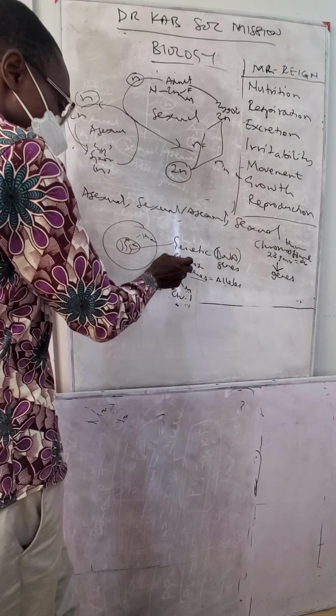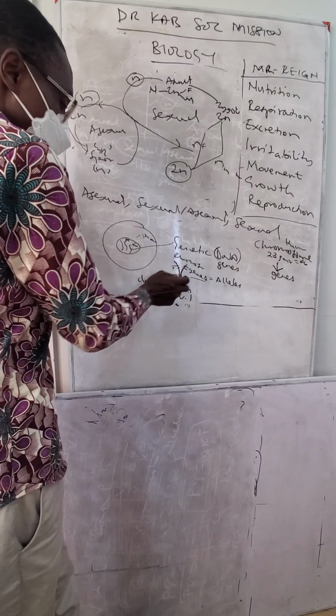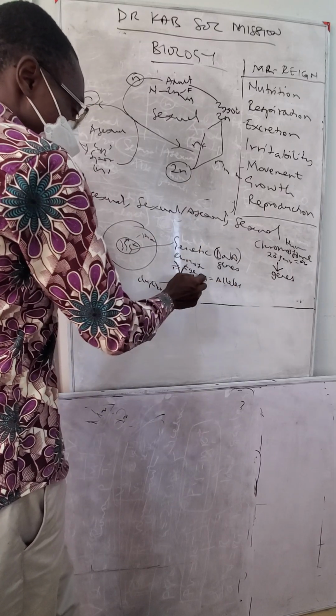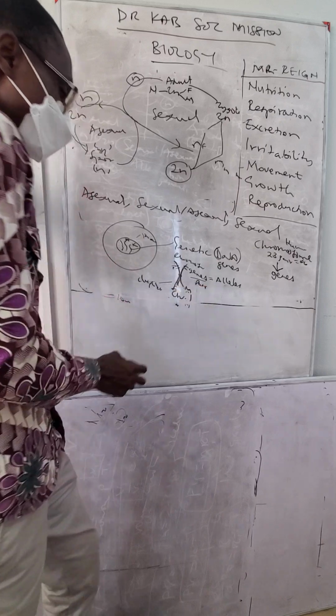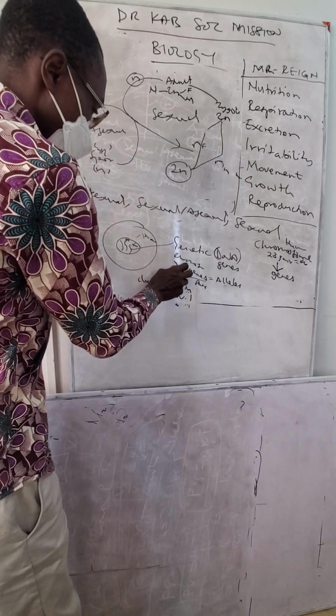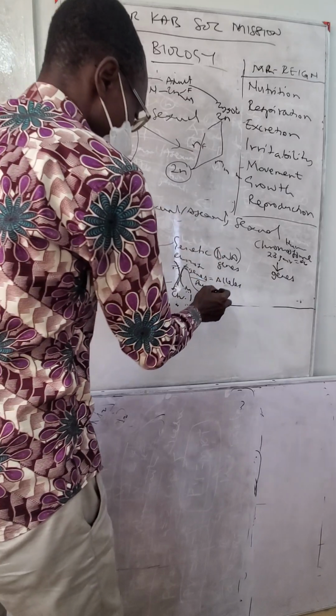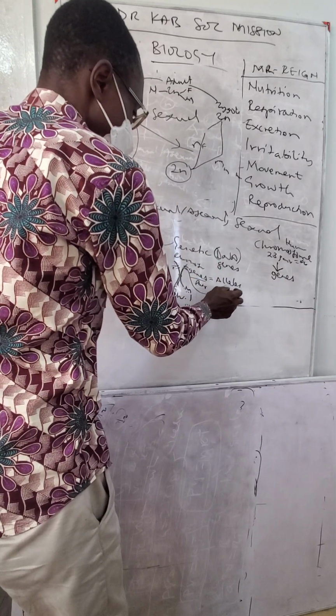So what I want you to understand is this is a chromosome. On it has genes. The genes are what we call the alleles. Okay, they are in pairs. Okay, they come in pairs. Now inside this small gene here, we have a lot of molecules coming together. And these molecules are what we call the DNA,